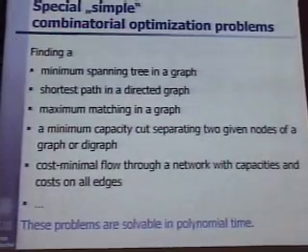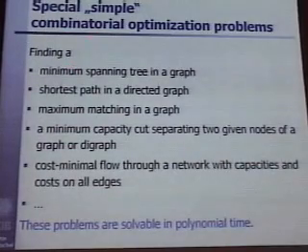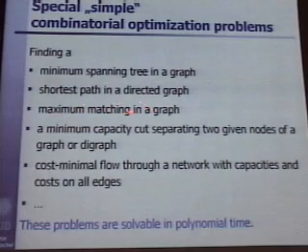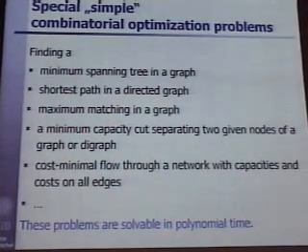Here are special problems that you may have heard of. You want to find a spanning tree in a graph with minimum length. You want to find the shortest path in a directed graph. You want to find a maximum matching in some graph. You would like to find a cut separating two given nodes in a graph or digraph that has minimum capacity, or you look for a cost minimal flow through a network with capacities and costs on the edges. These are typical combinatorial